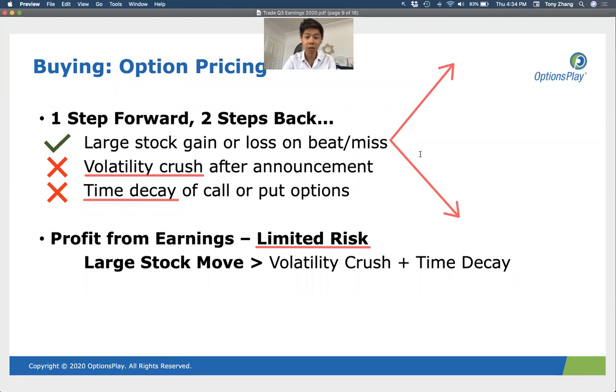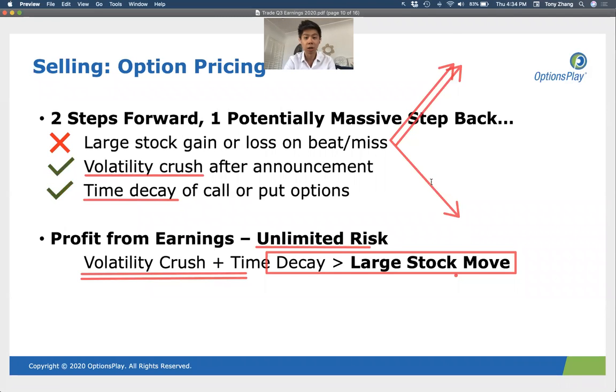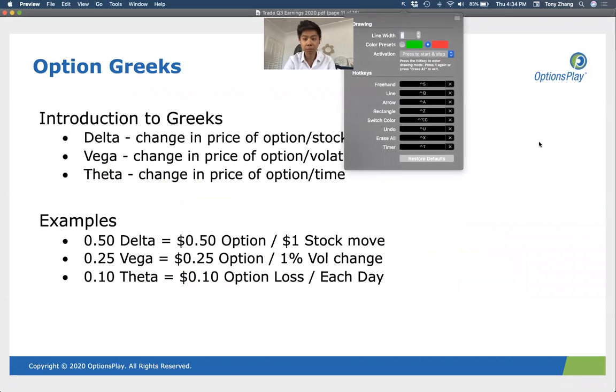So if we get the directional view correct, then what we're trying to do is have delta, the large stock move, offset the volatility crush and the time decay that we know that we experience. And if the large stock move is large enough to overcome the volatility crush and the time decay, then we'll make money on the trade. But it's important to understand that sometimes you might find yourself in a position